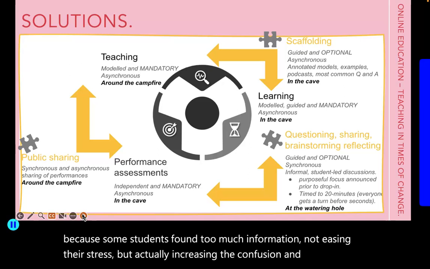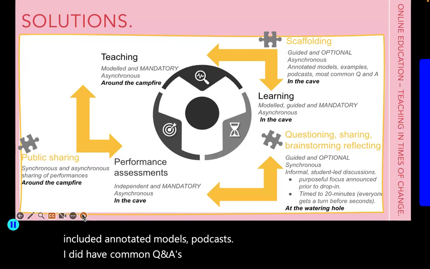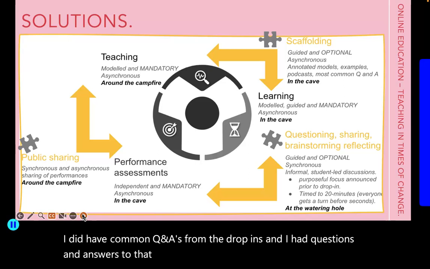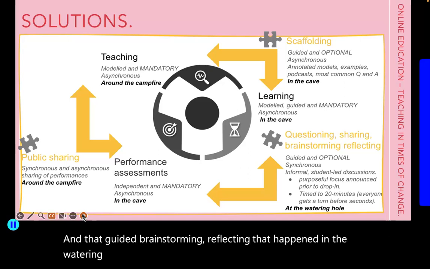These included annotated models and podcasts. I did have common Q&As from the drop-ins, with questions and answers provided on a different page, and that guided brainstorming and reflecting that happened in the watering hole.